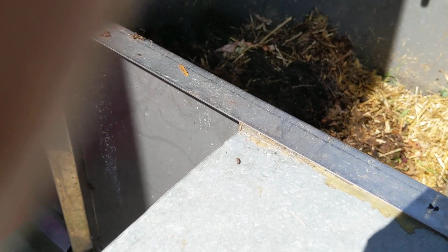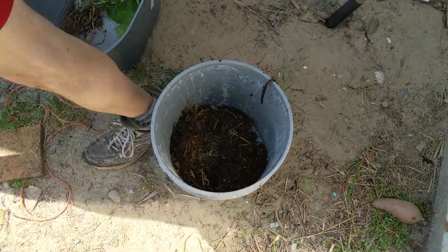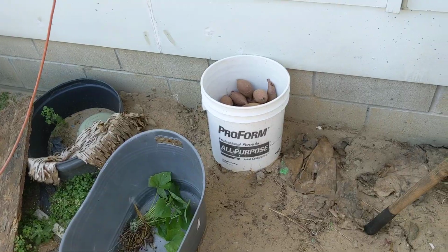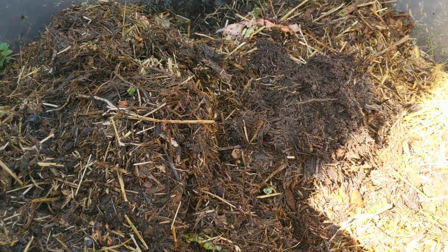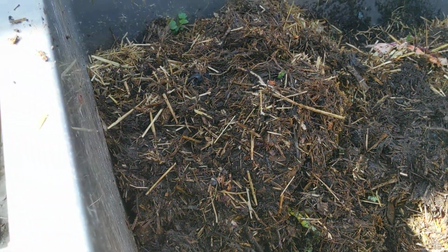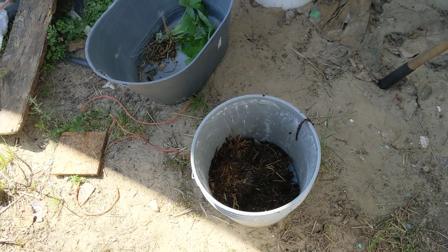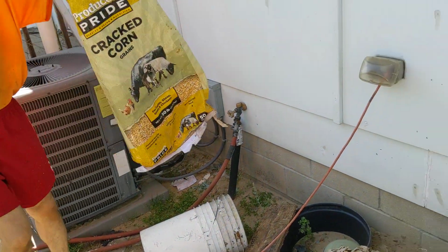And I use cracked corn in here. What I'll do real quick, since I've got it all fluffed up like that, just hold on a minute, I'll get my cracked corn out. Cracked corn, and about 95% of this will, this is not as good as sweet, oh my goodness, look, I have extra sweet potatoes